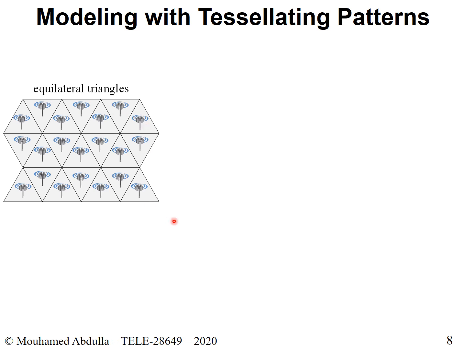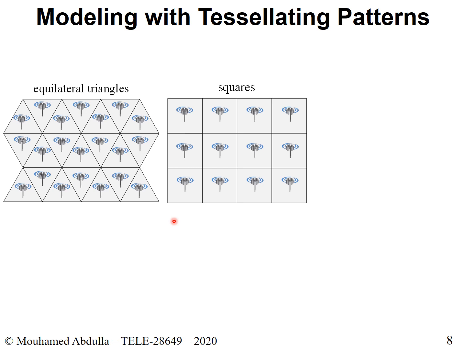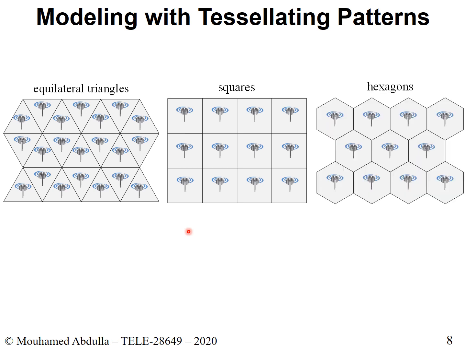So that's one possibility. Another possibility to do this is to build your cellular network using square cells. So you have cells that have a square shape, and that's another possibility. It is tessellating, and it doesn't have the disadvantages shown earlier. And a third possibility is to use hexagons. So hex for six sides. All the sides have the same size, and they are in this shape. And then you have your eNodeB inside the hexagon. So this is the shape of your cell. It's kind of like a honeycomb shape that you have here.